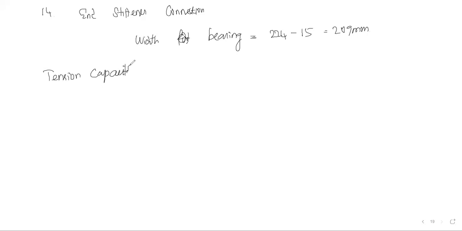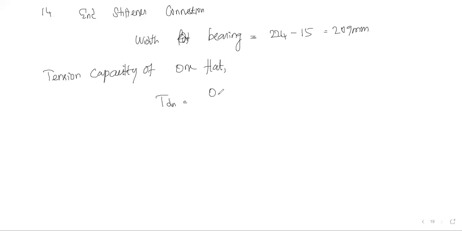Okay. Let us move on to this. Already we know the width of bearing is equal to 224 mm, the stiffener plate width, minus cope length. So it becomes 209 mm. Okay. Then the tension capacity of one flat,